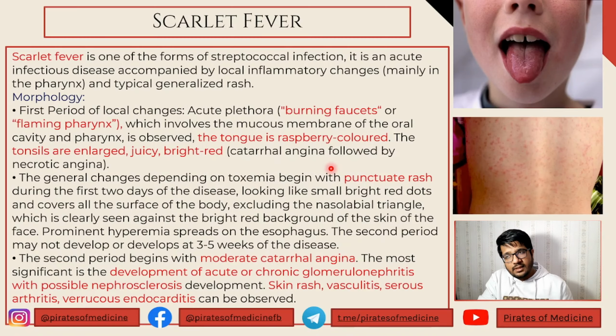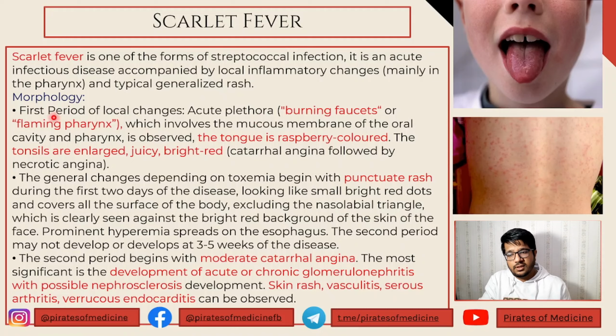So all these pathomorphological symptoms are actually in accordance with the disease called scarlet fever. Scarlet fever is a disease caused by streptococcal bacteria. It is a form of strep infection. Now, there are certain classical characteristic things which are seen in scarlet fever, which include